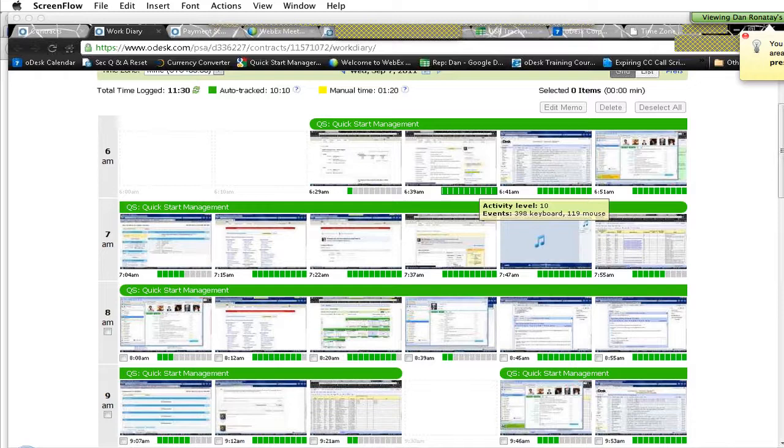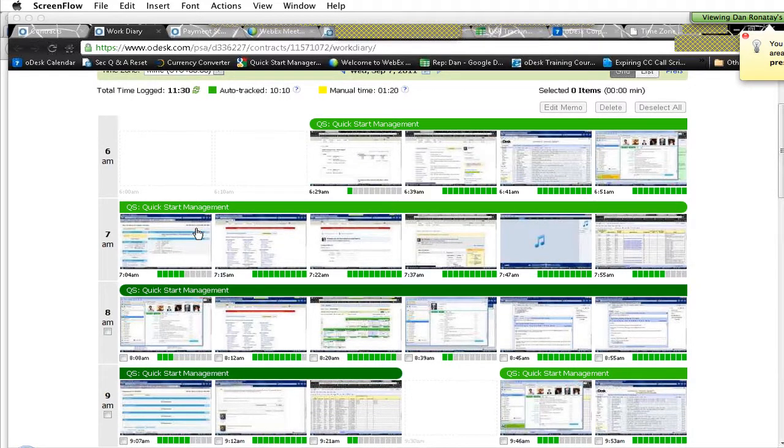In a sense, yeah. But this information is only available to employers. We can take a look at the work diary, but that's only when we're being asked by the employers to do so. The screenshot is taken randomly, so contractors do not know when it's coming, but it's always taken within